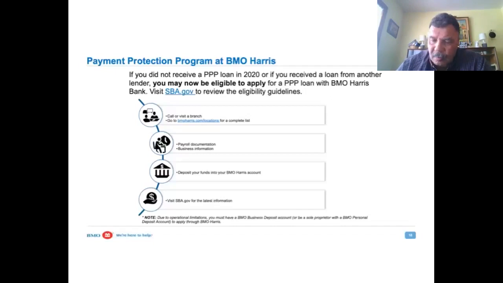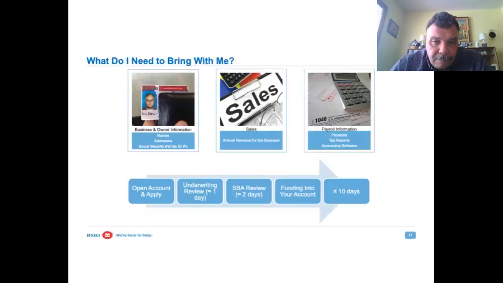So the way the process actually works, and we can go on to the next slide, please. What you need to bring into the office is pretty basic information. Information about yourselves, your name, address, as well as Social Security numbers for yourself, the business, or an employer identification number. As Mark mentioned, there are some sales figures you need to bring, either your 2019 or 2020, and then the quarter-over-quarter financials he spoke about, so Q1 2019 versus Q1 of 2020, so that you can illustrate your 20% drop. Again, just have them available when you walk into the branch.